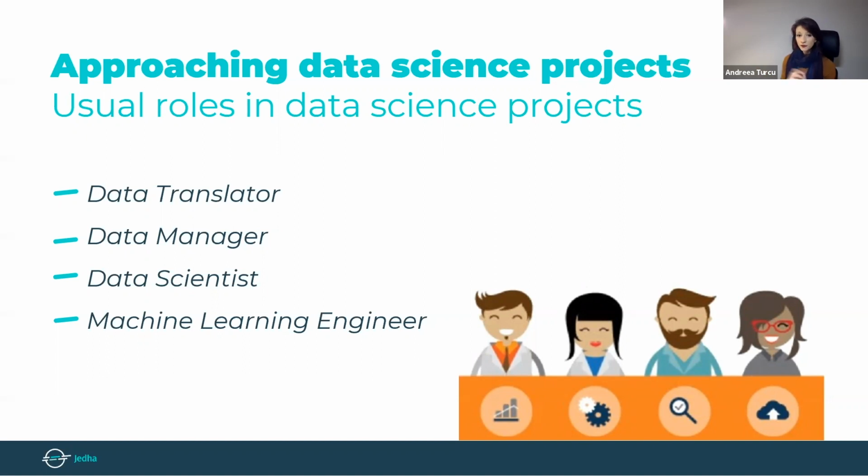And finally, the machine learning engineer who can be in charge of optimizing solutions for performance and scalability, implementing custom machine learning code, deploying machine learning solutions into production. So a machine learning engineer might appear at a certain point of a project depending on its volume and complexity. But it's not always the case. A data scientist will do this work, approaching perhaps less complex models.